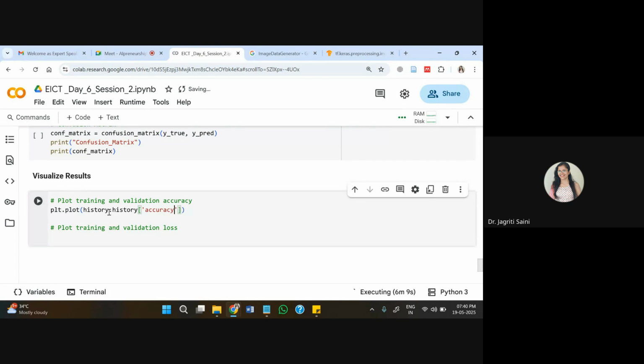So first thing I'm getting from here is accuracy, and label for this I'll make precisely train accuracy, because that will be training accuracy, basically that will plot first. Then the same thing we will do for the validation accuracy. So I'll pass it here, and here I'll write validation accuracy.